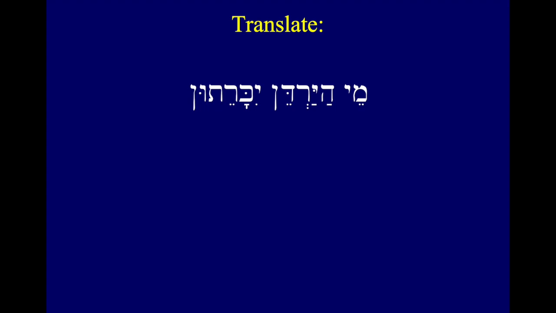Okay, so here's another example here. Me ha yardain yikaretun. Now remember that I'm going to talk about that last word there, yikaretun. Remember sometimes they add noons to the end of verbs to make it sound old. Just take that noon off in your mind. And then you're left with yikaretu. So may,